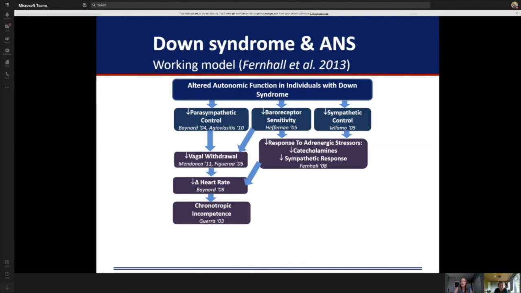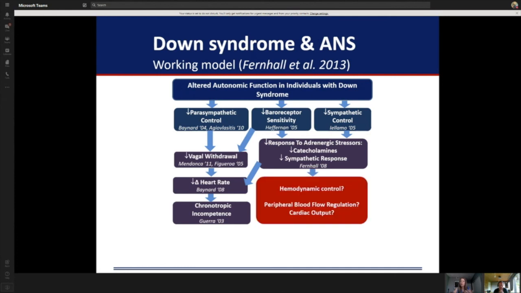From the sympathetic side, it also means that there's less catecholamines released during intense activity, so less adrenaline and noradrenaline that usually aid in increasing your heart rate, but those levels hardly increase in Down syndrome. So there's definitely a physiological difference there. The sympathetic side also provides peripheral control. What I mentioned about blood flow regulation is impacted by the sympathetic nervous system. With the information that we know about heart rate and blood pressure, the systemic part, we actually don't know anything about how it would impact blood